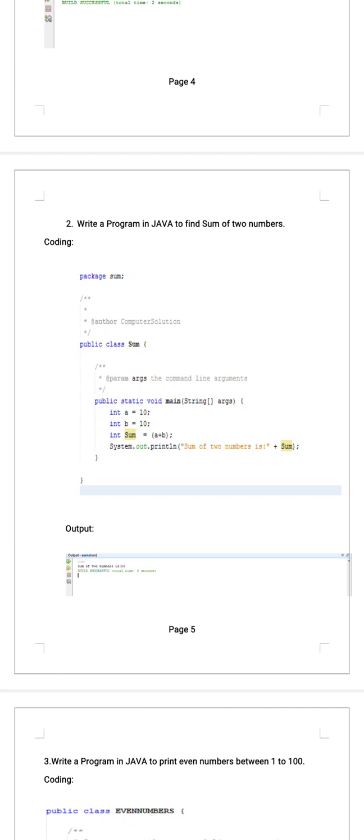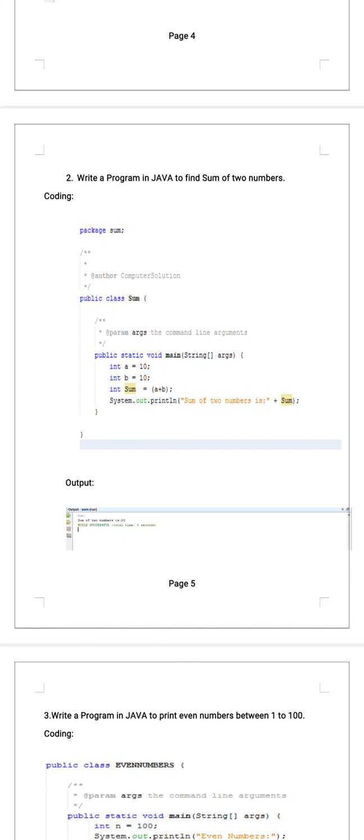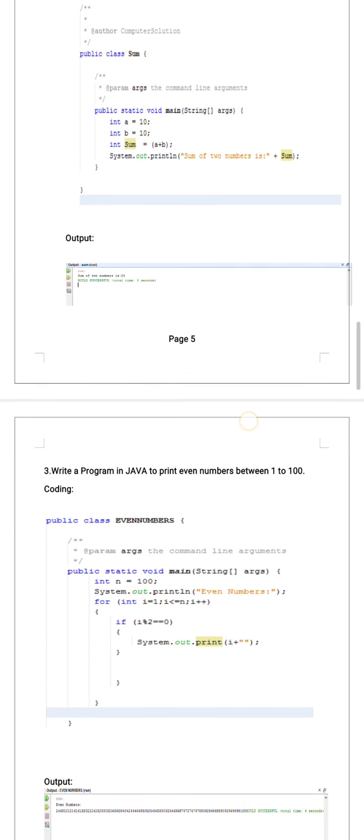Variables, what are variables? If you are calculating something, for example, this is a program of sum of two numbers. Here there are variables, that for two numbers we have taken a and b variables. So the variable name can be changed, and the syntax for writing the variable, syntax for for loop. So all these syntax for Java, like for syntax, while syntax, okay, all the practical questions which you have covered in your curriculum, these are very important for the practical.